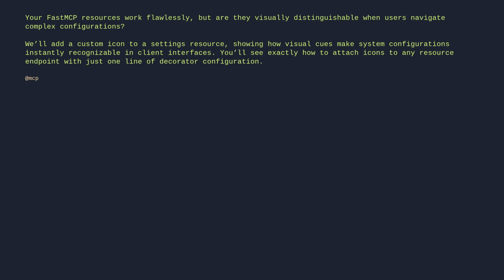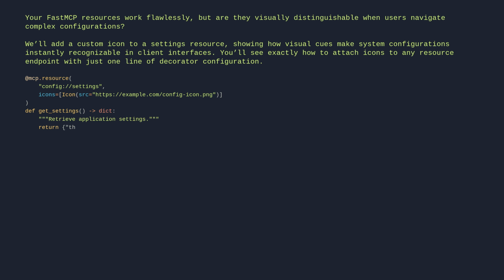@mcp.resource("config://settings", icons=[Icon(src="https://example.com/config-icon.png")]) def get_settings() -> dict: """Retrieve application settings.""" return {"theme": "dark", "language": "en"}